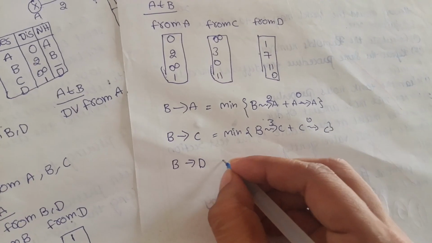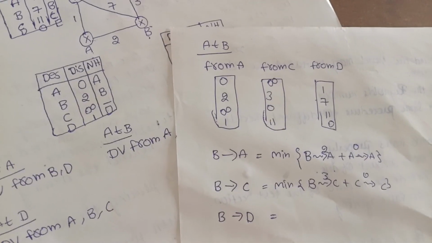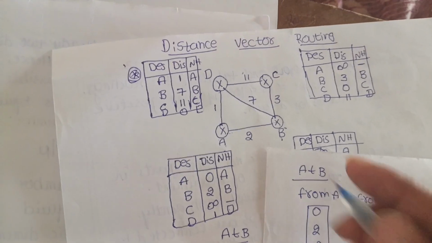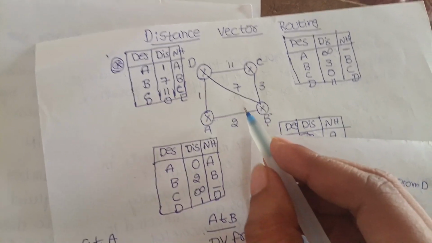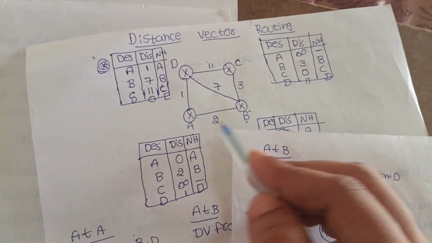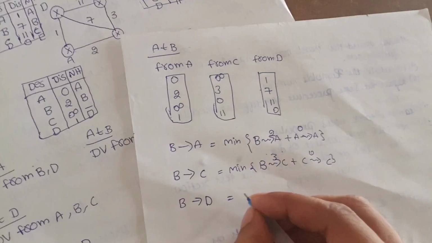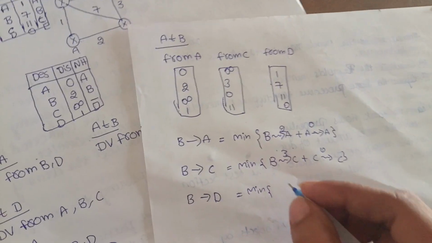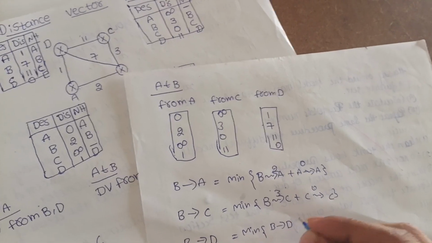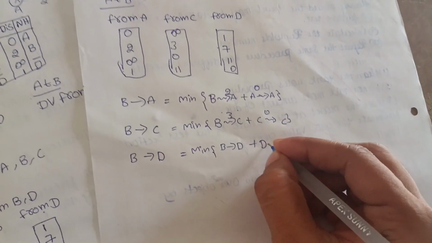Next we want to go from B to D. Here B to D we want to go. B to D 7 is one approach. B to A to D is another approach. So we can write the minimum of B to D plus D to D,